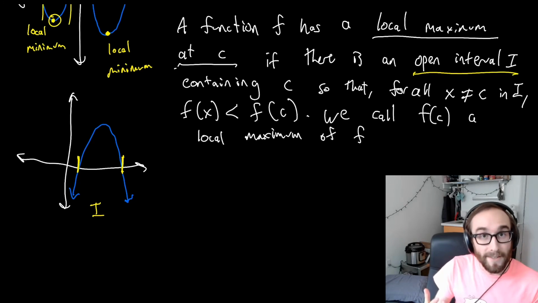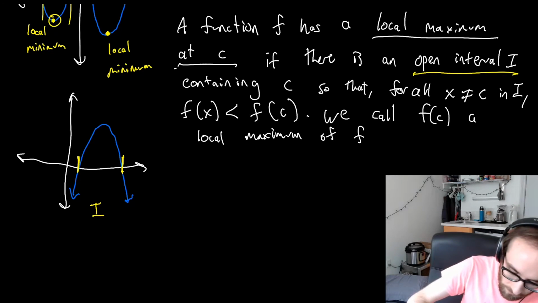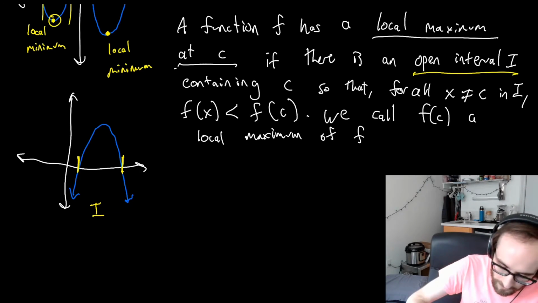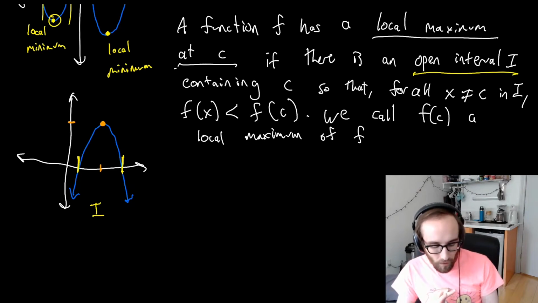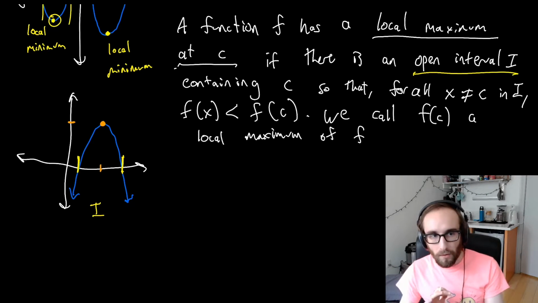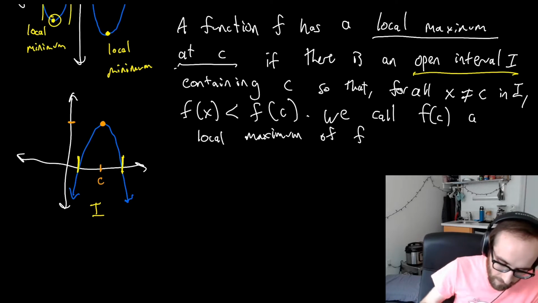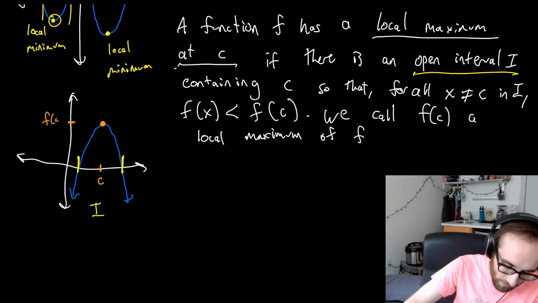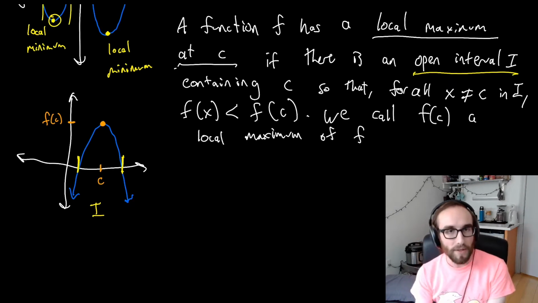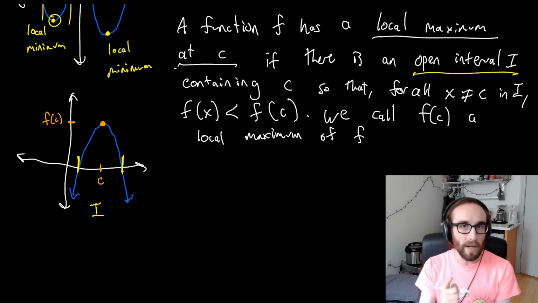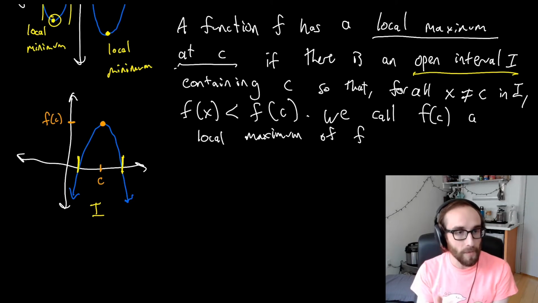And here we can see that there's a local maximum at this point in our graph. Right here we have a local maximum. Okay, so this point we would call C. Here we have f of C. And our definition is saying that this is a local maximum, and we can say it's a local maximum because